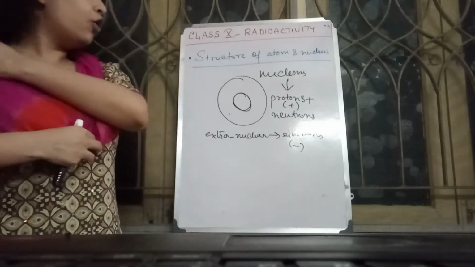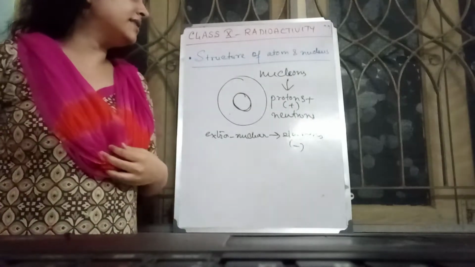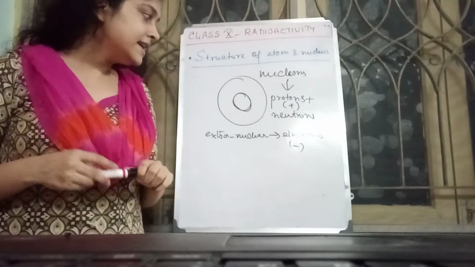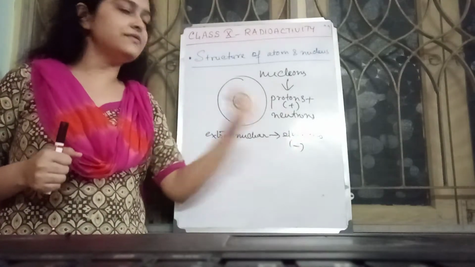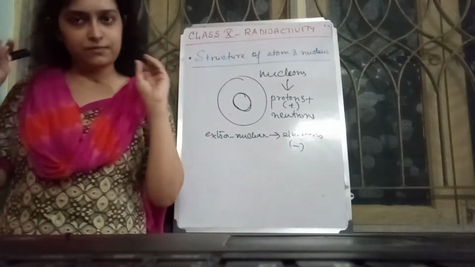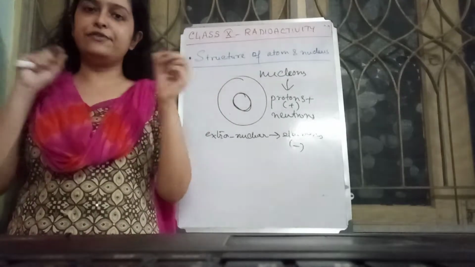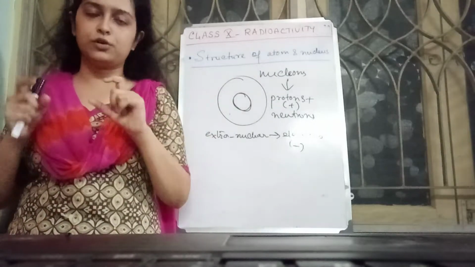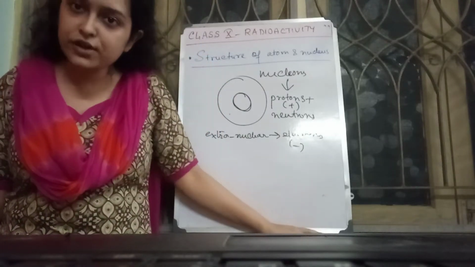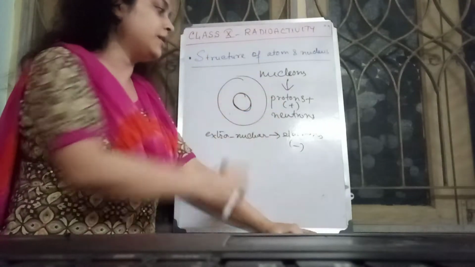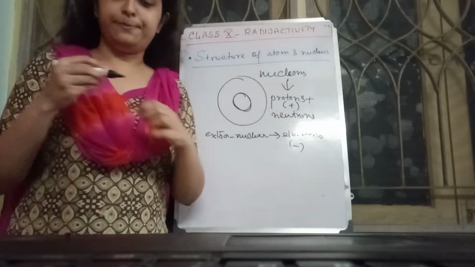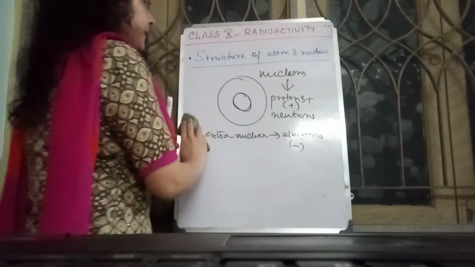And the whole mass of the atom is considered to be concentrated in the nucleus, right? And the electron's mass is very negligible compared to that of a proton, right? And you can go through the values of the charges of electron, proton, etc. And the atom as a whole is electrically neutral. That means the number of protons equals the number of electrons. Now the electrons, okay. Now